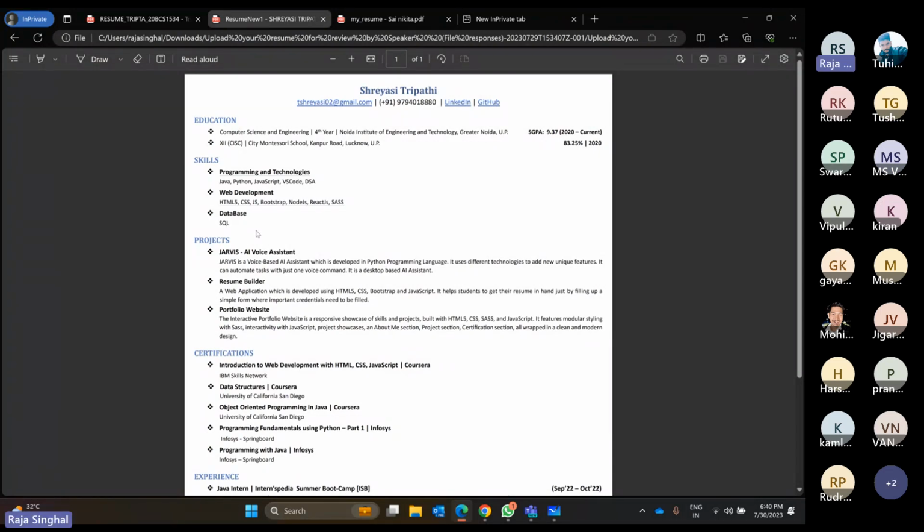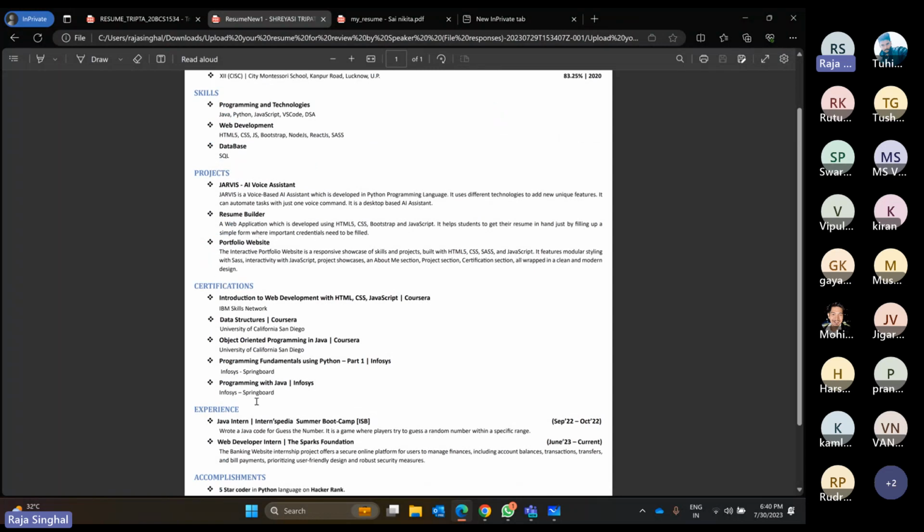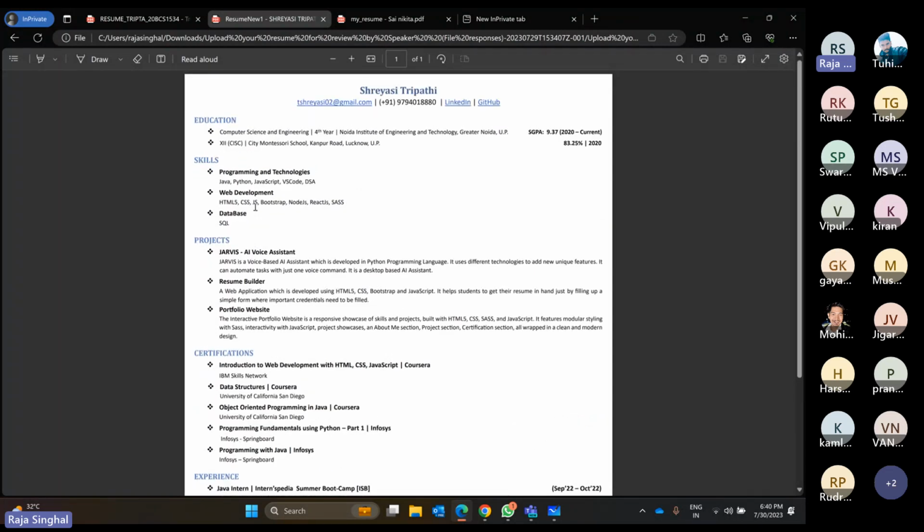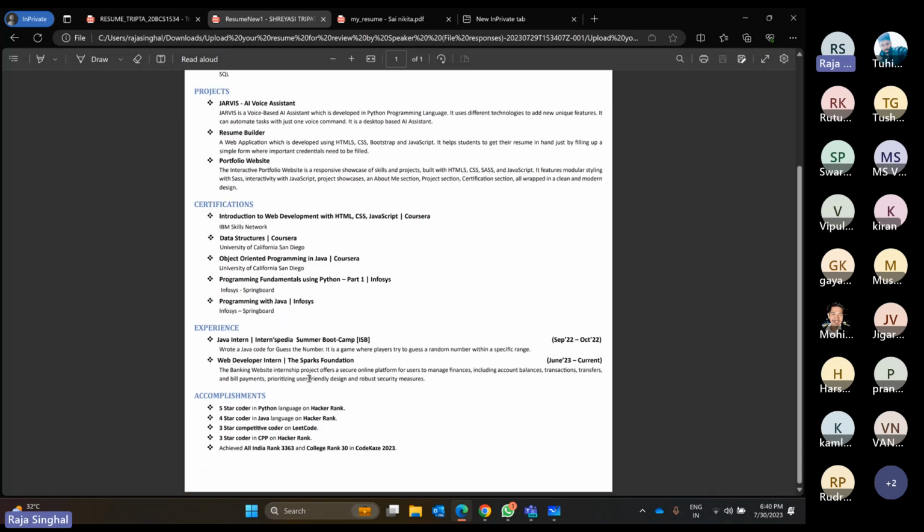So yeah, I was saying here that the experience section should be just after your skill section. And in the experience section, again, try to modify the language that I mentioned before. That impacts a lot whenever HR or someone is reading your resume. It improves your resume quality and makes you stand out from others. So you need to improve your experience section description. Also, try to add the technologies you use in the experience section.